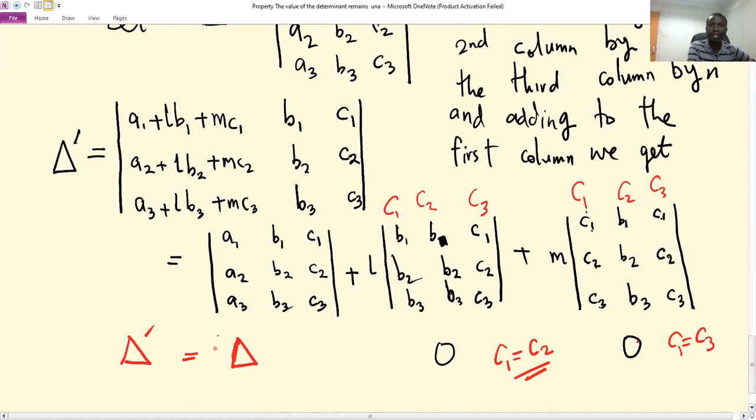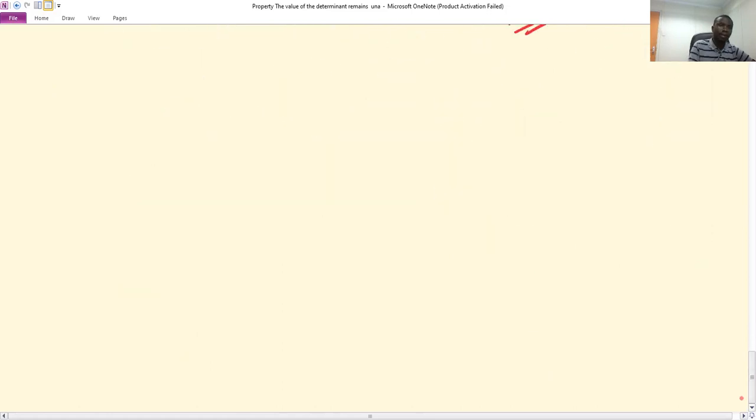The key thing there is that when you multiply a given row or column by a scalar and then add it to another row in the determinant, the value of the determinant doesn't change. It remains the same value as the original determinant. And then the last property for this session, number 6,